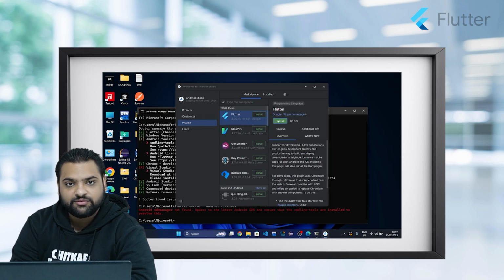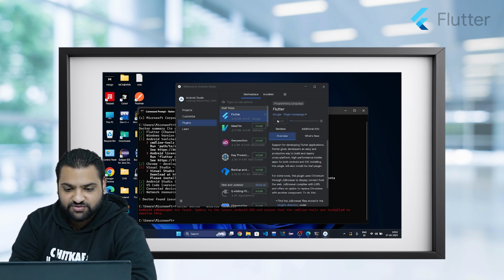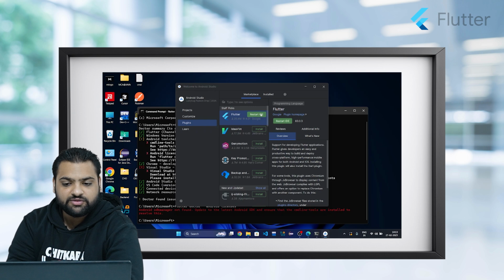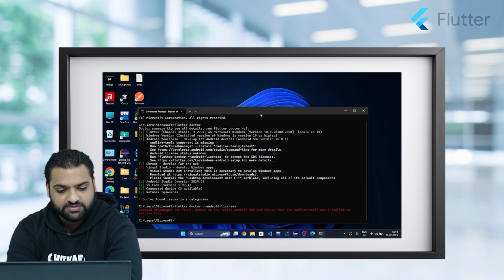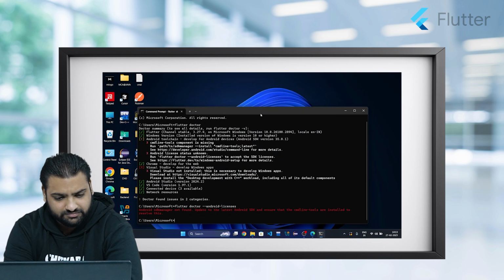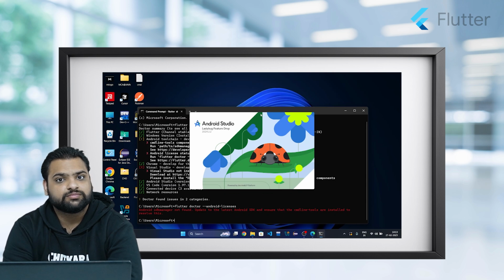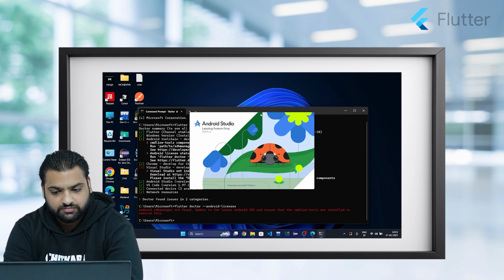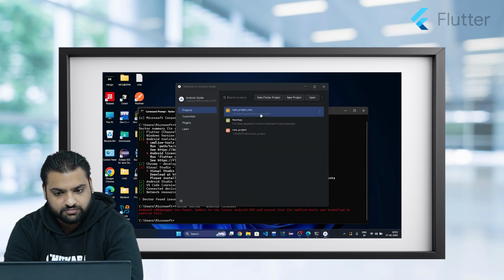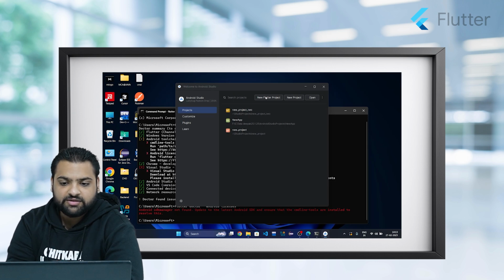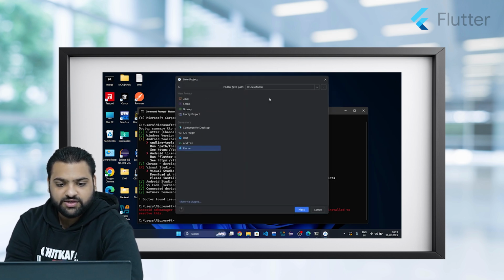So let's install Flutter plugin in our Android Studio. Once this Flutter plugin has installed, we will need to restart our IDE. Let's restart this. And now you can see that in our project section, this new button has appeared, new Flutter project. Let's click on this and